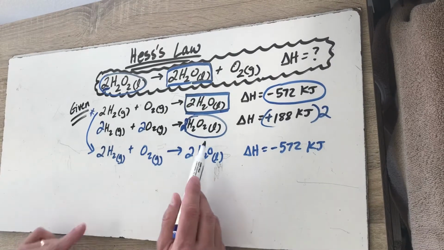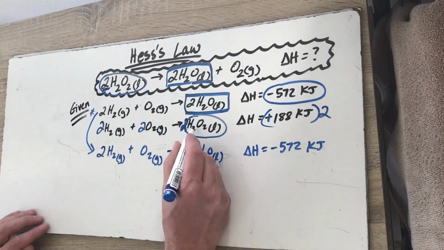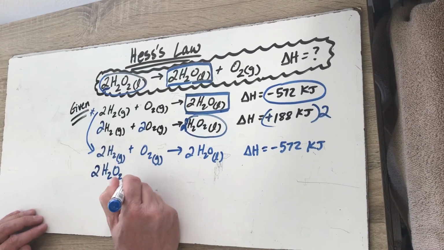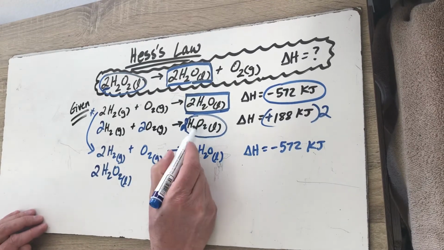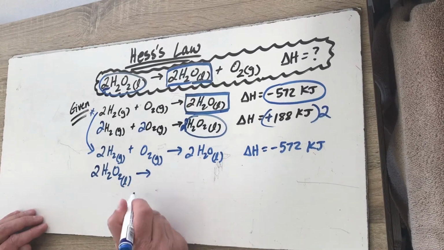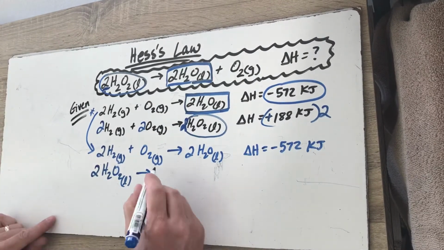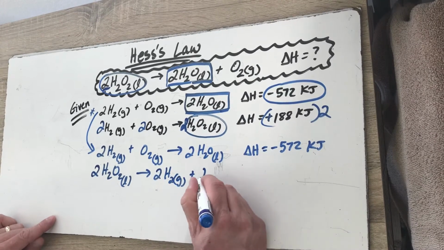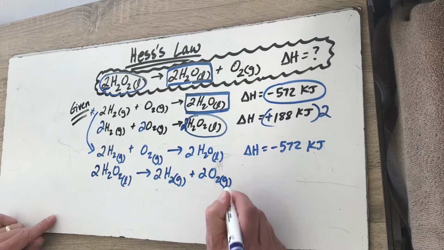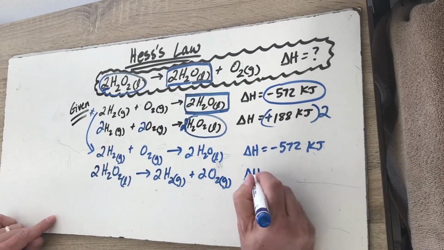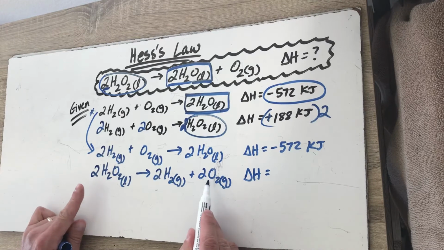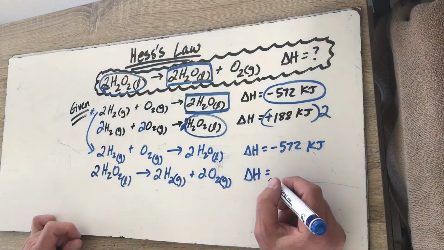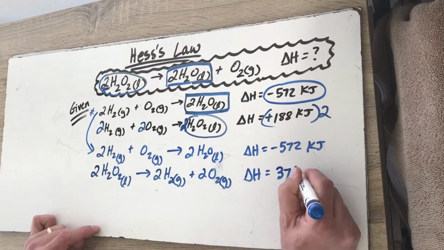Now let me write it the way I actually wanted it with those transformations. I'm going to put the 2H2O2 over on the left, 2H2O2, and that's liquid. That's the only thing on that side of the arrow. Now I'm going to draw the arrow. Remember, I've reversed this. I flipped it around. So on the other side, I have 2H2 gas, and I have 2O2 gas. And now I need to write the delta H value that would represent what I just put here, doubled and flipped. So I flip the sign and I double it, and this is going to end up being positive 376